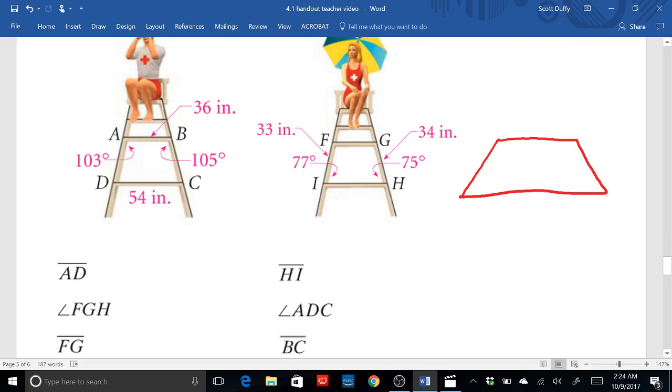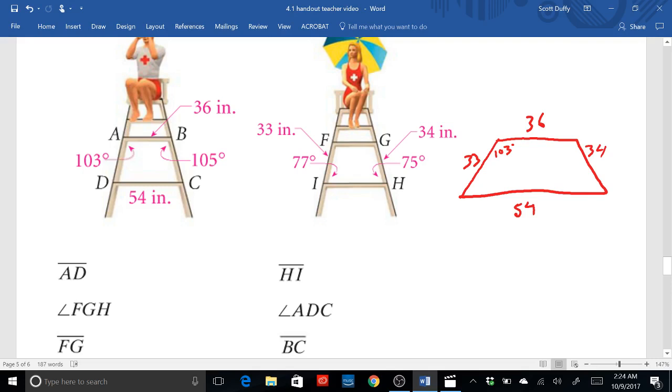Meaning that the top is going to be 36 and that the bottom is going to be 54 and that this side right here is 34 and this side over here is 33, and then the angles, the upper left is 103